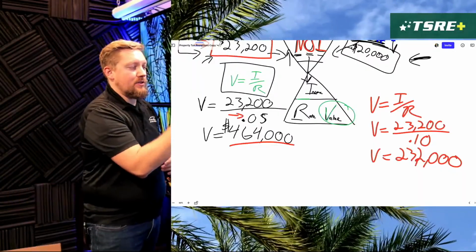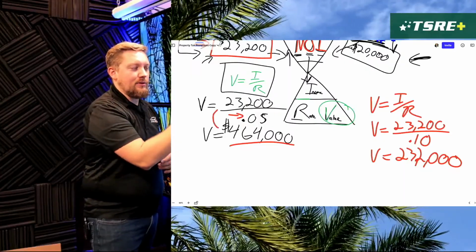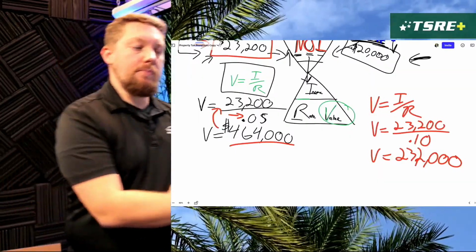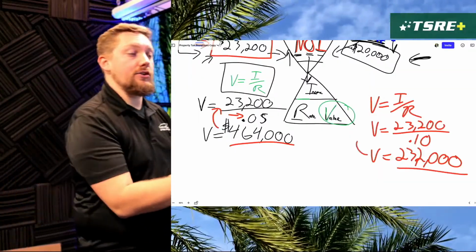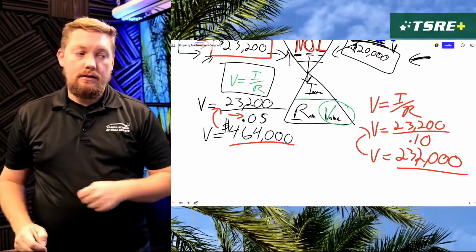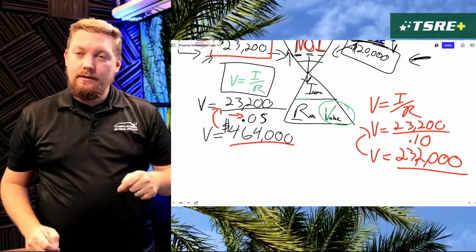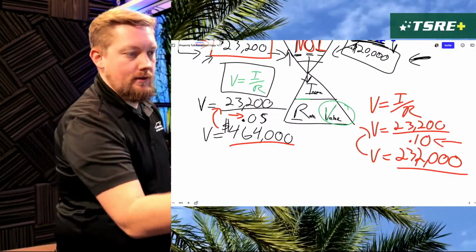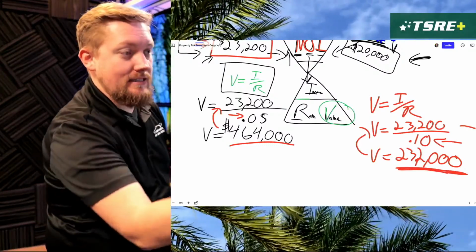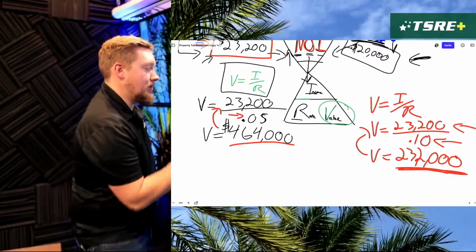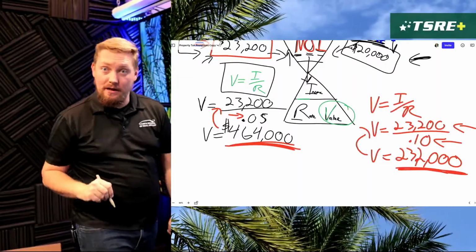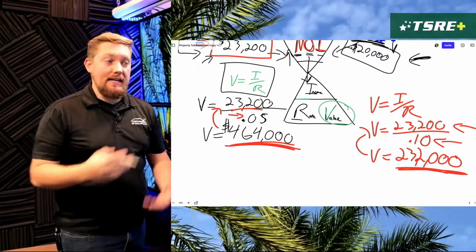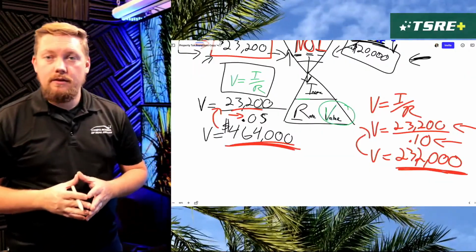So at 5%, getting 5% of this $464,000 is $23,200. But if you only paid $232,000 and you're getting that level of income, well, now you're getting 10% of a return. So if you only paid this and you're able to get that, you're in a lot better situation than somebody who paid twice as much with the same amount of income. And that's what the cap rate tells you.